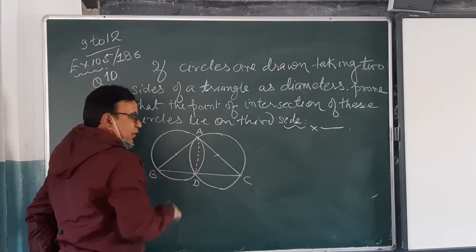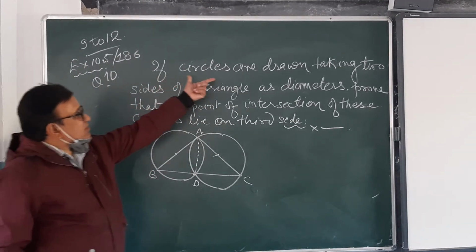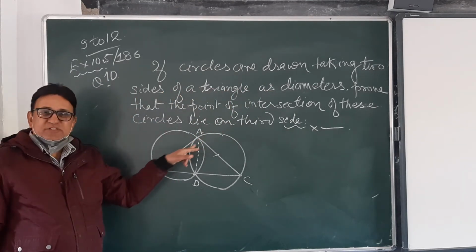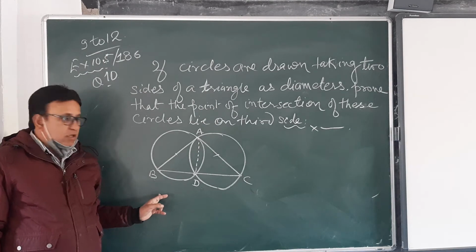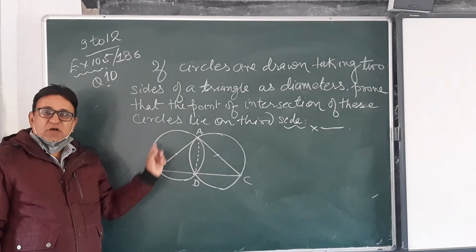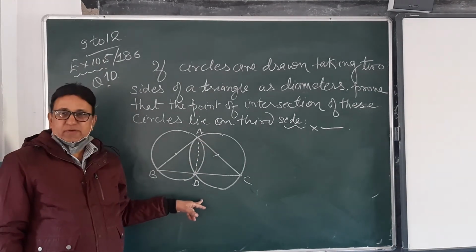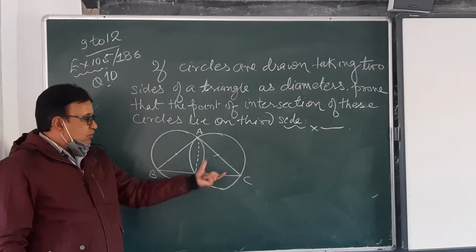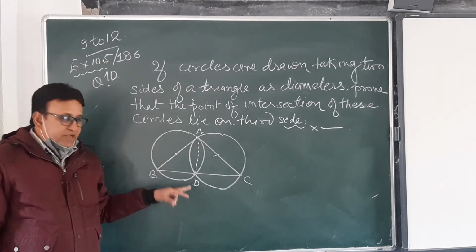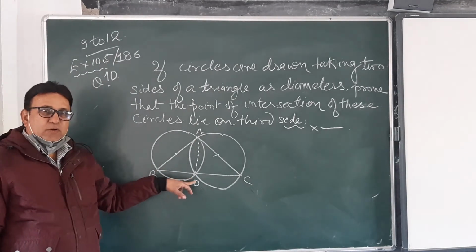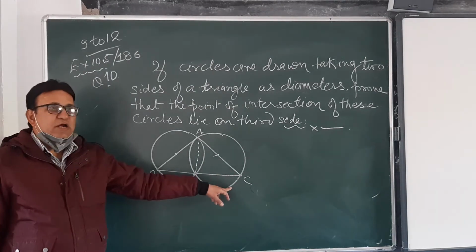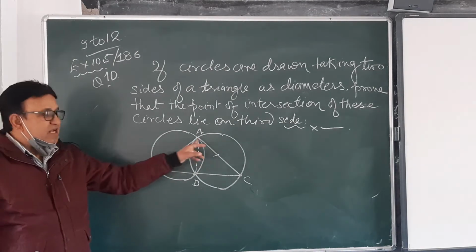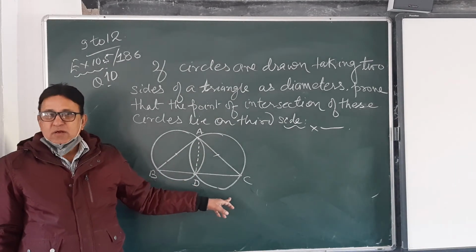Now you can see the circles are drawn taking two sides of the triangle as diameters. It means now AB is a diameter. If you first draw AB as diameter and then draw the circle, the point of intersection will not come exact. So draw the reverse diagram and it will be easy. First draw a circle. Now taking the point of intersection as one point, draw a line as one side of the triangle and join the point of intersection to the next point. So AB and AC are diameters. Now it is very simple.